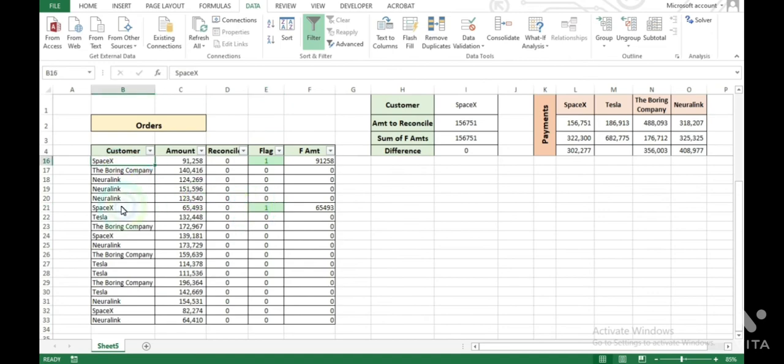See, these amounts are reconciled with this one, I2, 156751. You can self-audit here, see the sum here, 156751. So Excel did it automatically. Since we already used these amounts for reconciliation, I can put 1 here